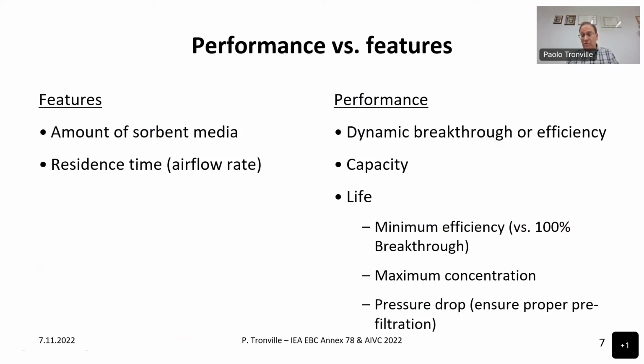The combination of these two characteristics will give what we have just seen, that is to say, the breakthrough or efficiency, and the capacity, that is to say, the amount of contaminant that can be stored in the filter material,